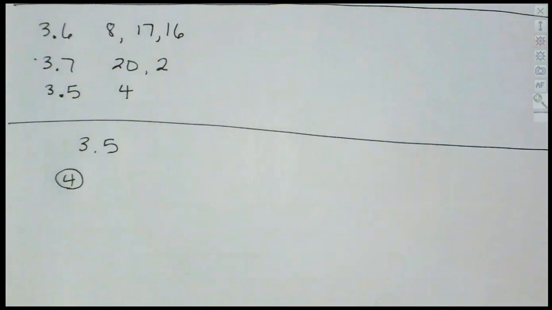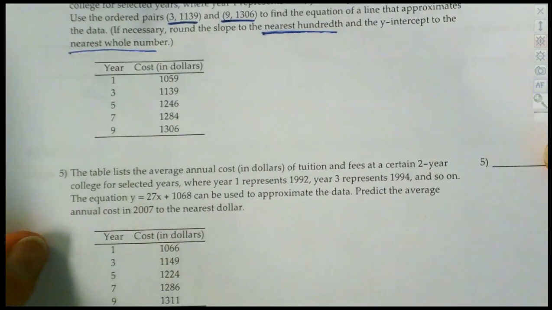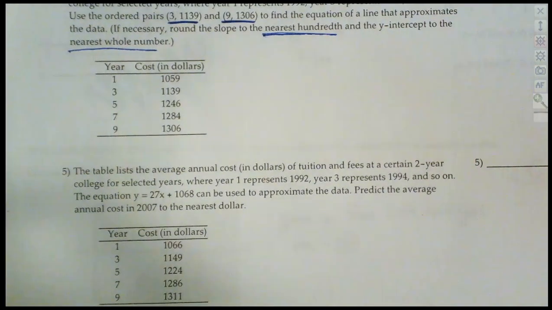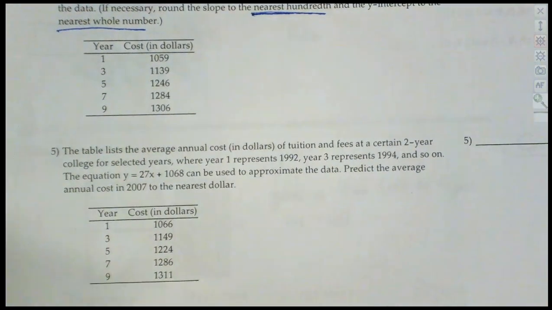And on this one, they want you to read a table. So let's see if we can figure out what we're trying to find here. A lot of these just require us to think about what we are doing. So we have to make sure we know what these words mean, what we're trying to find,